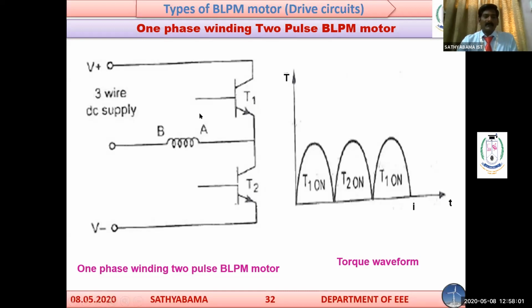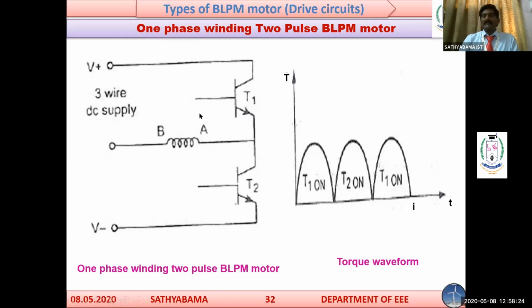And torque is equal to K phi I. Simply, we are saying where K is equal to 4 N phase and phi is Bg L into R1. So EMF is K phi omega, whereas torque is K phi I, which is the torque equation of the motor.